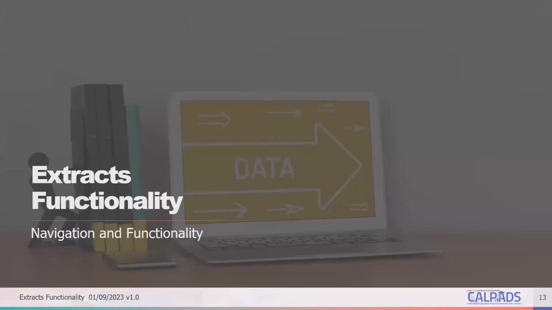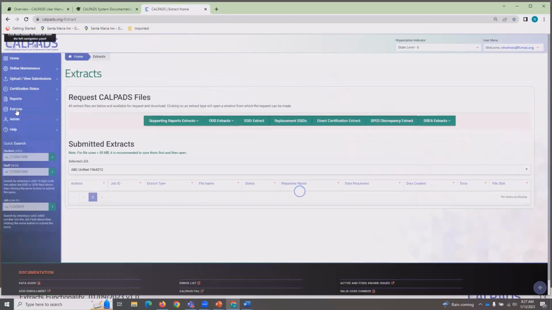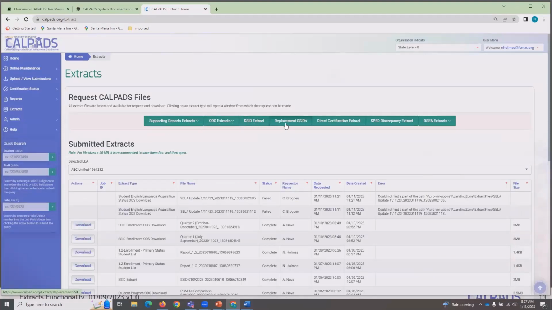Extracts functionality. Here we are on the CALPADS home screen, and let's go take a look at the extract. So in the left navigation, there's a direct link to the extracts. And for the most part, we have the different types of extracts available to us: supporting report extracts, ODS extracts, SSID extracts, replacement SSIDs, direct certification extracts, SPED discrepancy extracts, and District of Special Education